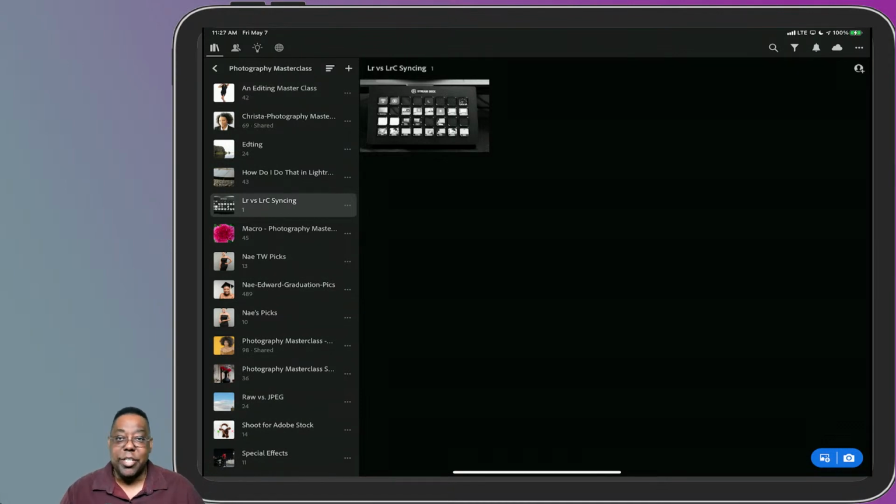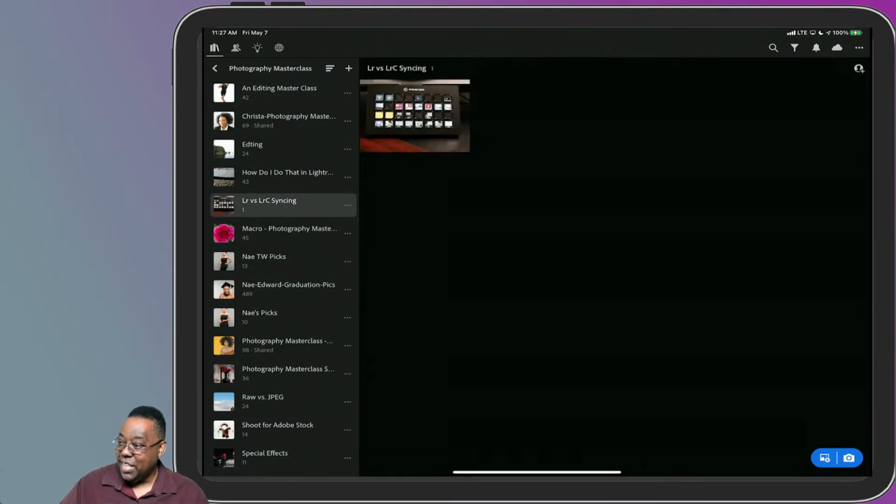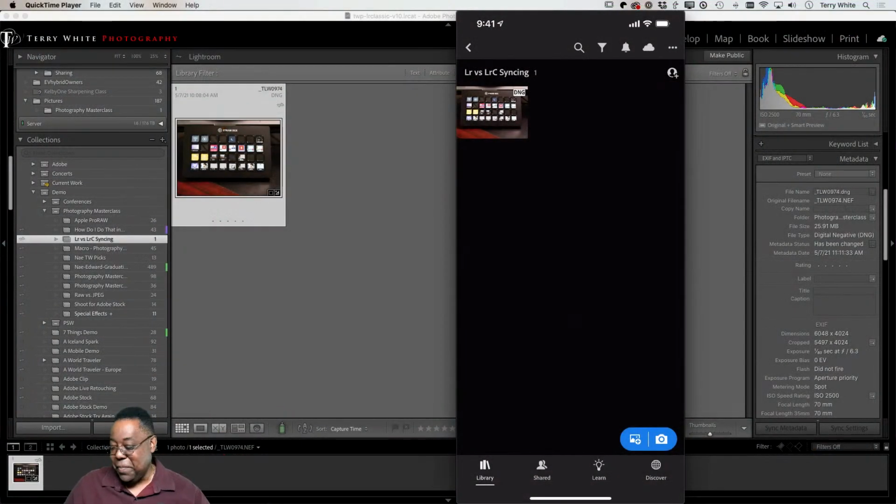And so it'll take a second or two for Lightroom Classic to touch base with the cloud and then bring down those changes, and boom, you just saw it happen. Oh, no, you didn't just see it happen. You didn't see any of that because you were not looking at my desktop. There we go. So let me go back to what I was talking about. Sorry. Yep, you're only seeing the iPad. I see that comment now.